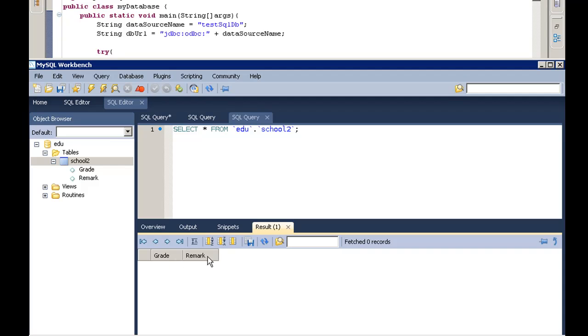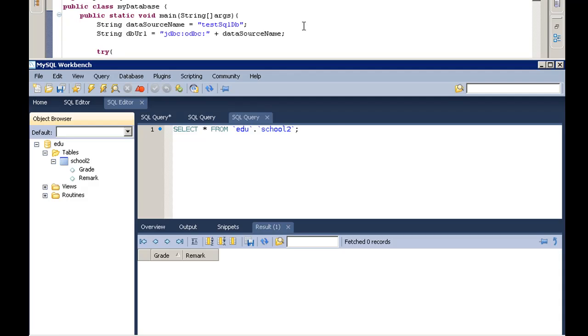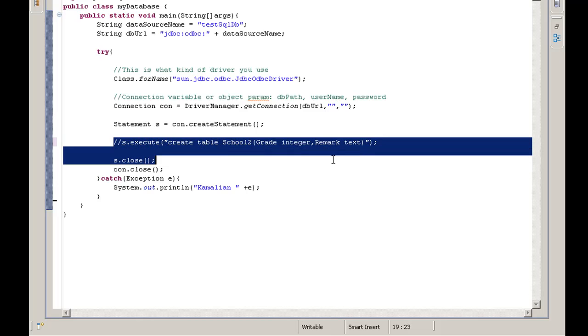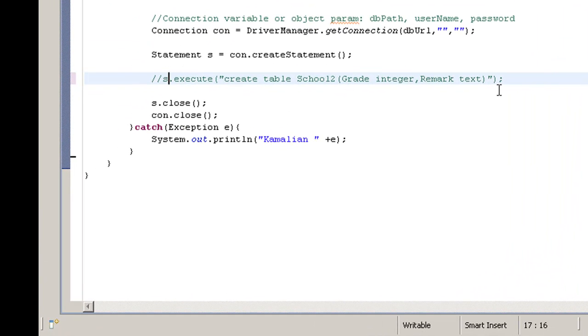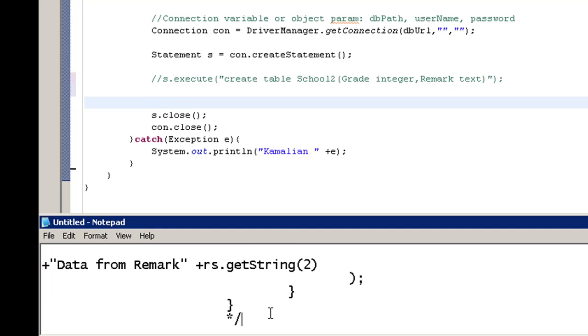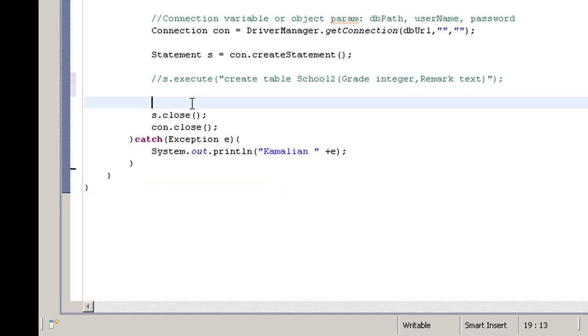Look here, we don't have any data yet, so using Java we will put data. So comment that. We will use our other code here.